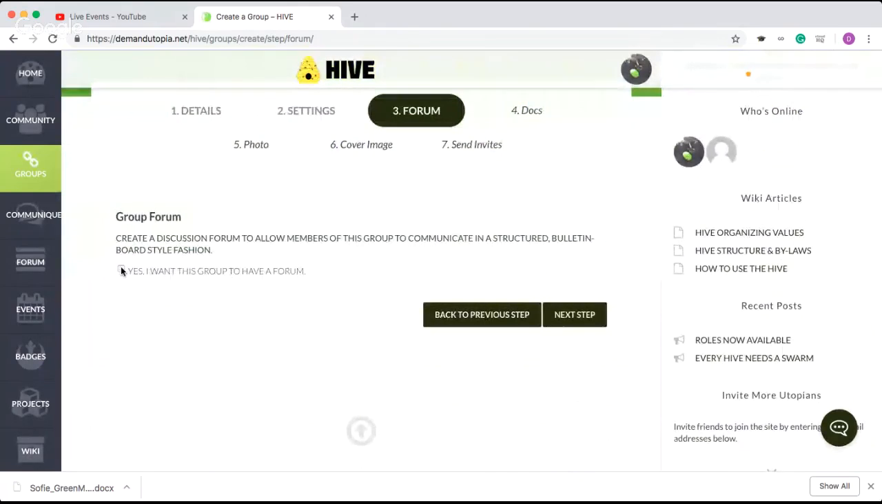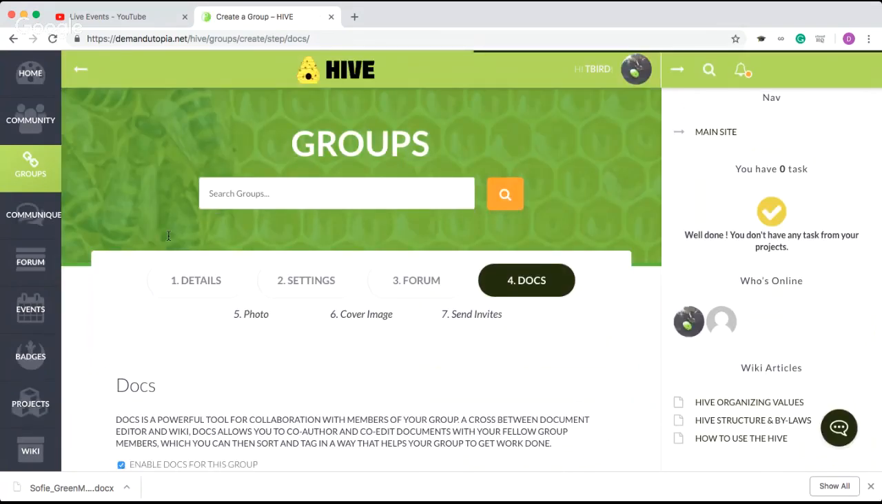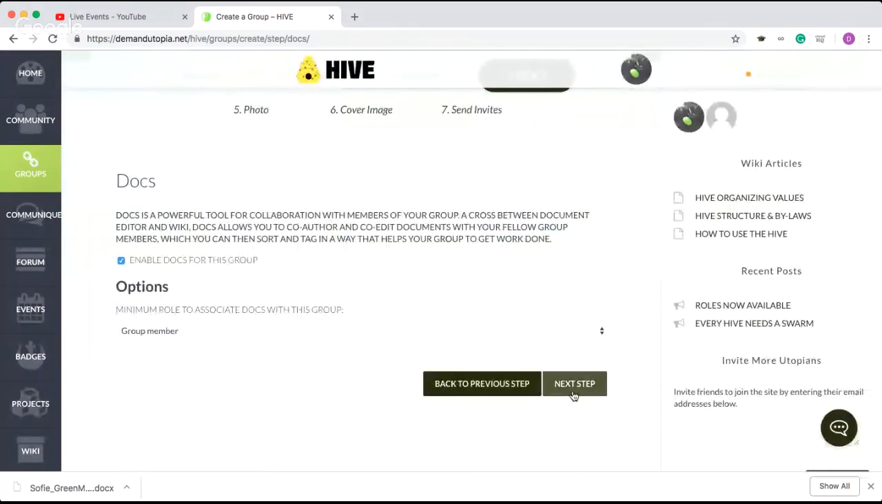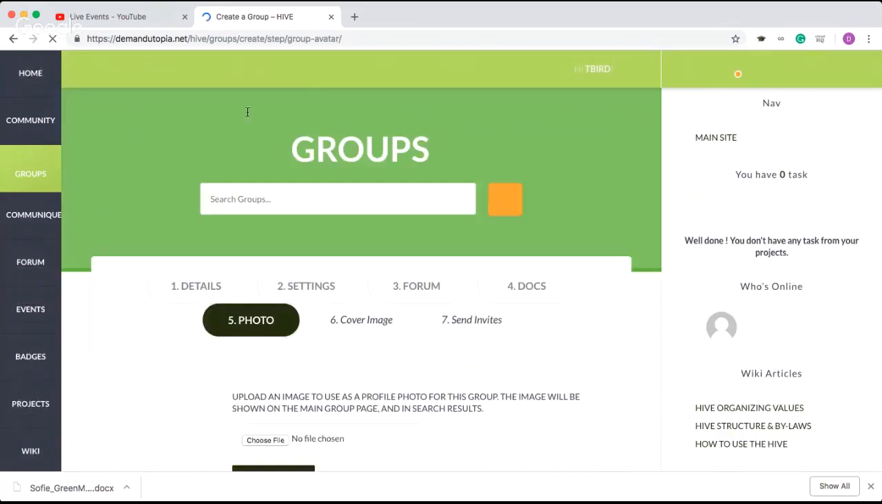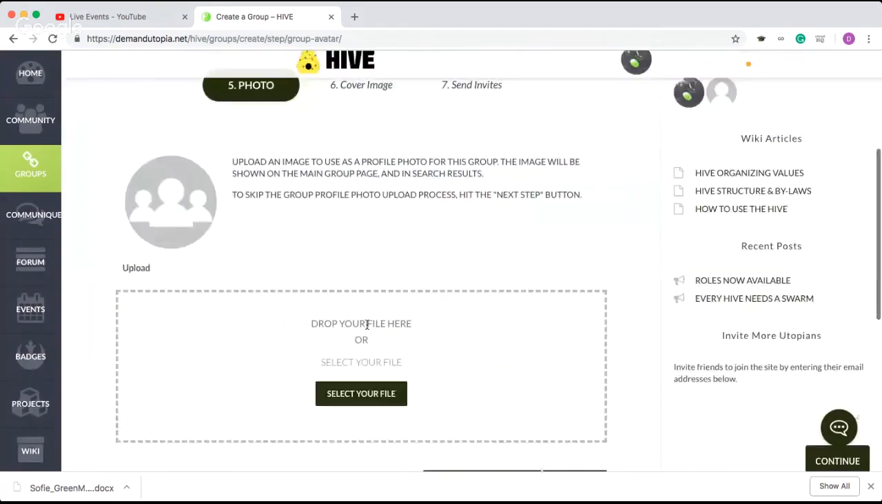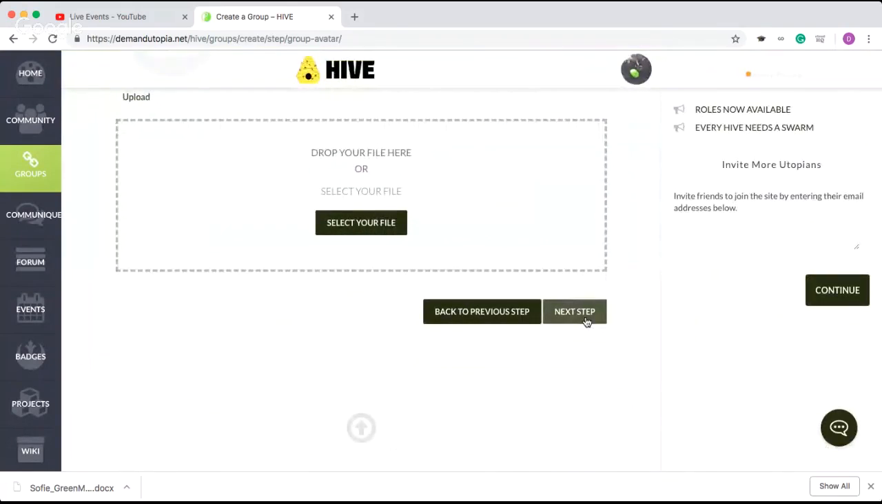Forum. Normally you click yes because you're going to want to have some kind of method of having structured conversations, most likely. Docs. So you just click next there. Photo. You can add a photo if you want. We encourage you to,